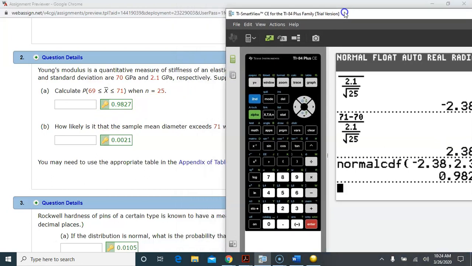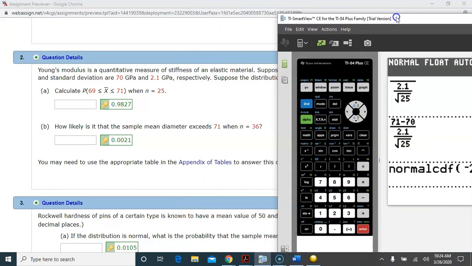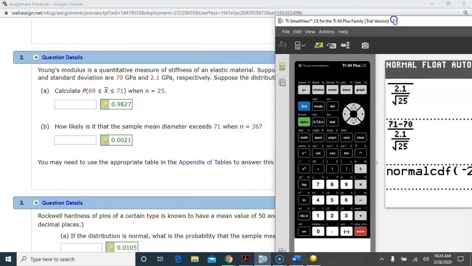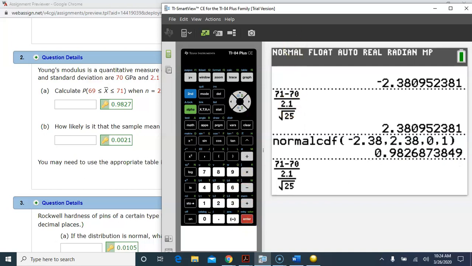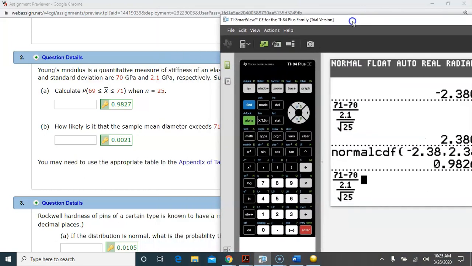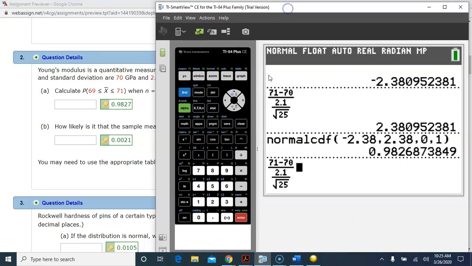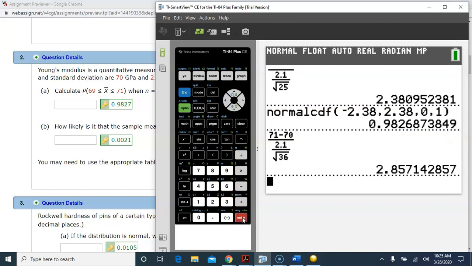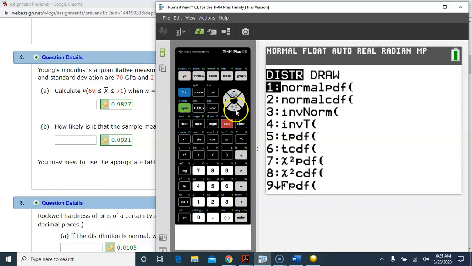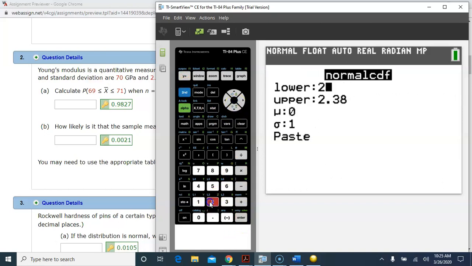Then a slightly different question, they say, what's the probability that the mean diameter is greater than 71 when the sample size is 36? That's really key that they change the sample size for part B. So with a sample size of 36, I want to go back to this fraction here. I'm turning 71 into a z-score by subtracting 70 and dividing by the standard deviation over radical n. But now my sample size is 36. So this is a z-score of 2.86. So the probability of a z-score greater than 2.86, so I'm going to go from